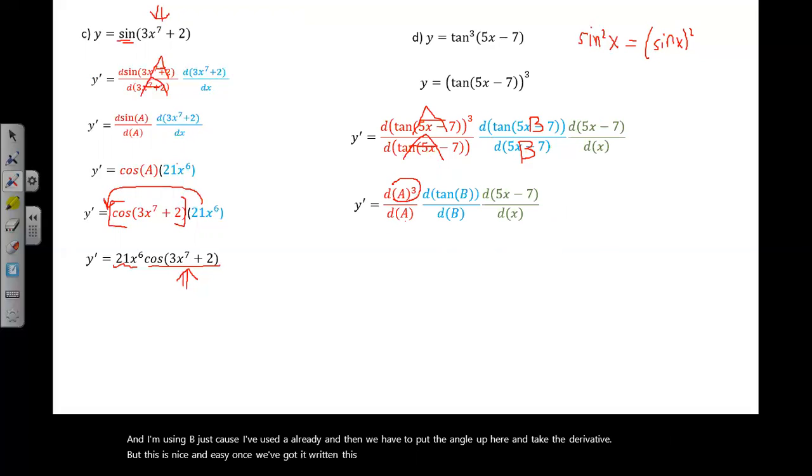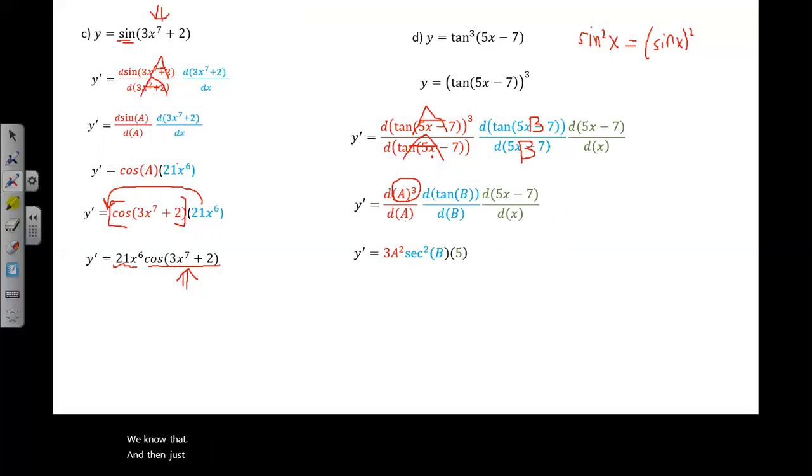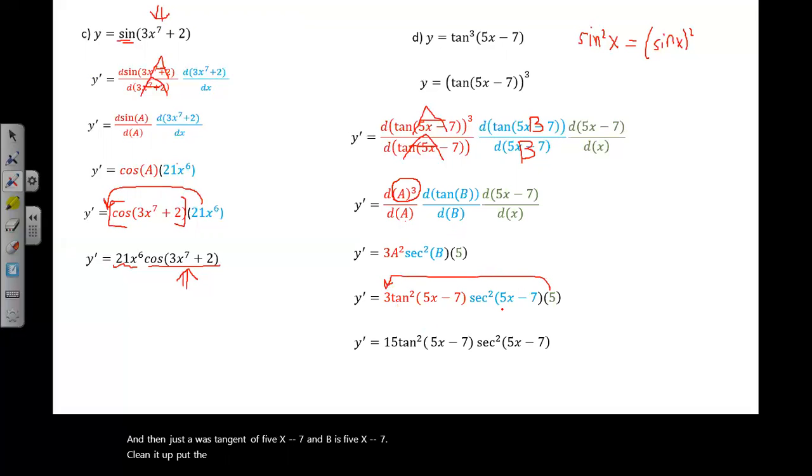This just says, what's the derivative of a cubed? We know that. Derivative of tangent of angle, we know that. Derivative of angle, we know that. And then just a was tangent of 5x minus 7, and b was 5x minus 7. Clean it up, put the 5 with the 3, and we've got 15 tan squared 5x minus 7 secant squared